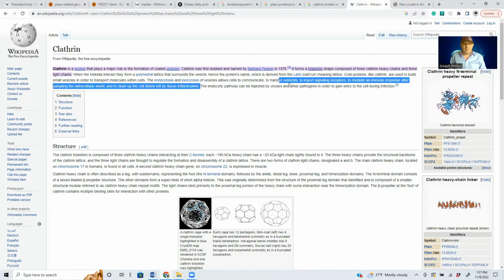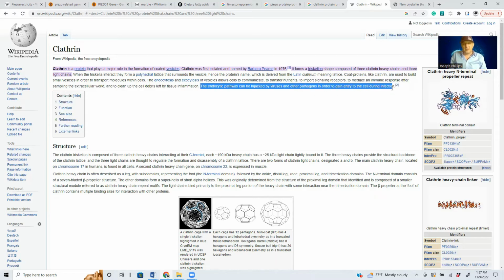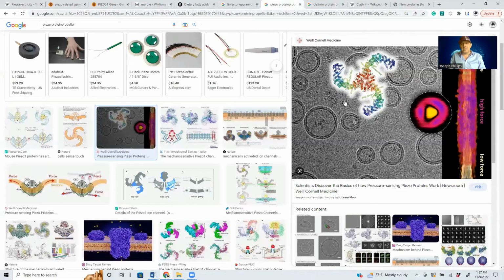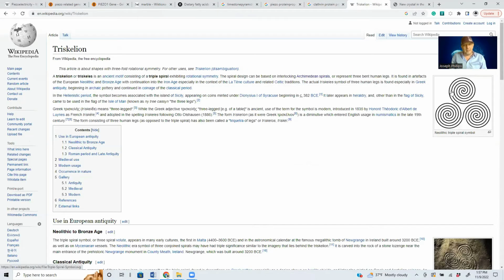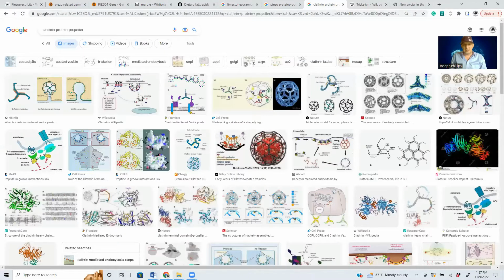But it says here, this pathway can be hijacked by viruses and pathogens in order to gain entry into the cell during infection. And so these pathogens are energy siphons. They are siphoning the energy through clathrin, picking the energy off of the energy that's being transduced through piezo 1. And there's studies out there that talk about piezo 1 in the immune system as well. And so this piezo 1 forms a triskelion shape. There it is, the triskelion